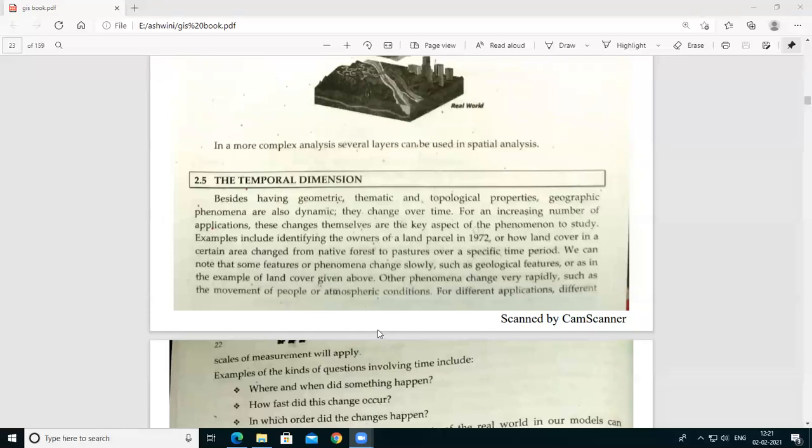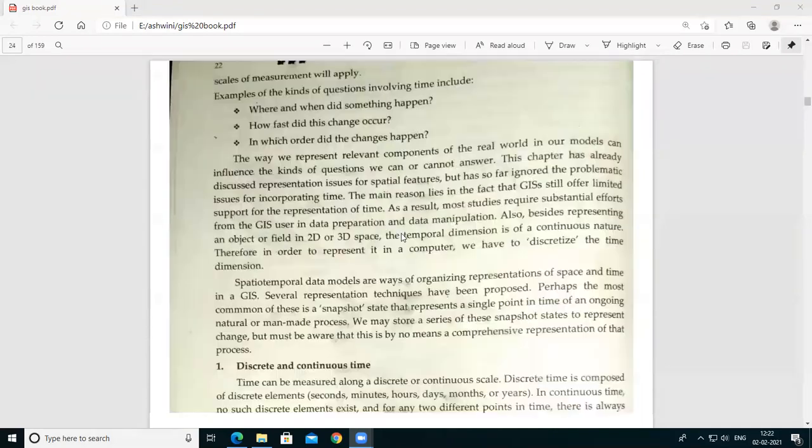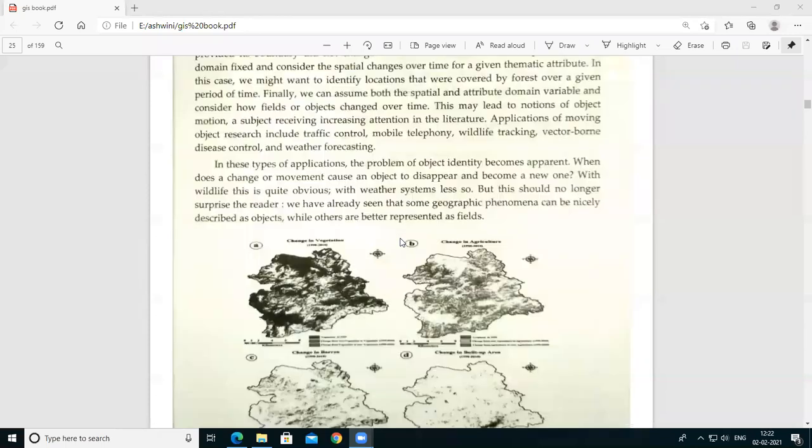Okay, practical number 1 has 4 parts. That is practical 1A, which is related to the point representation. Then practical 1B is related to line representation. Then practical 1C is related to polygonal representation. Okay, and practical 1D is calculating the lengths and statistics. So I'm going to show you this practical. First of all, I'm completing this point. After this point, unit 1 is complete.